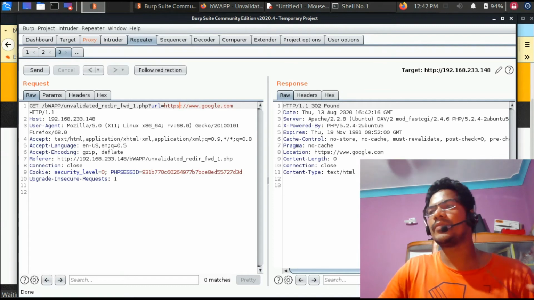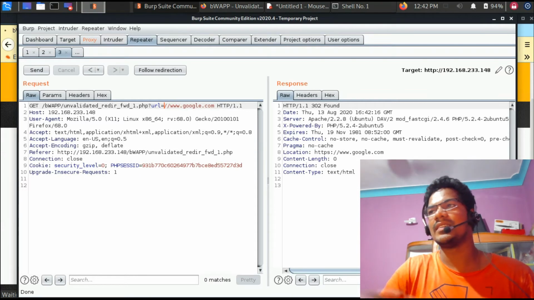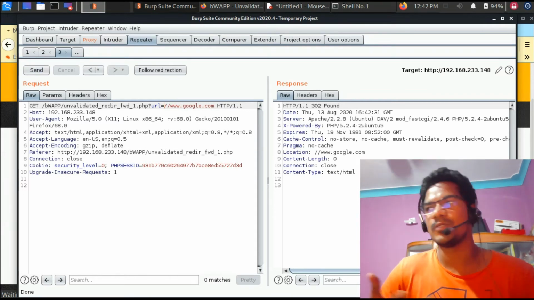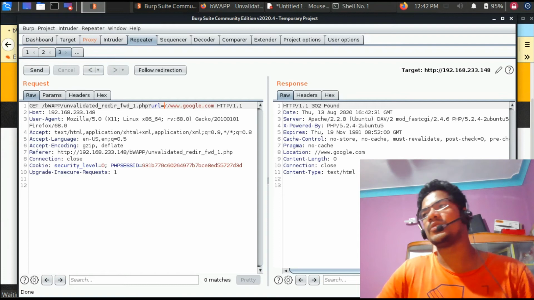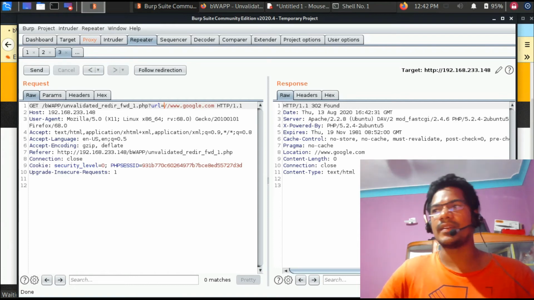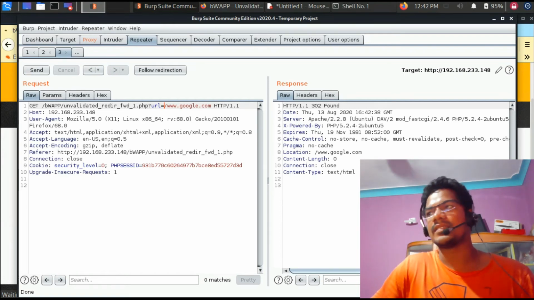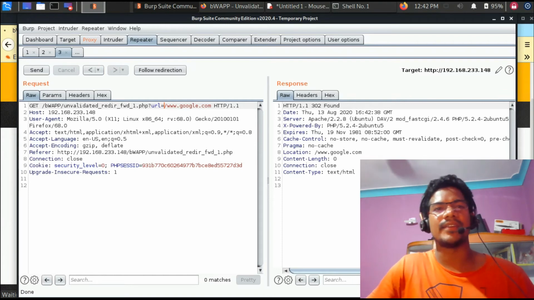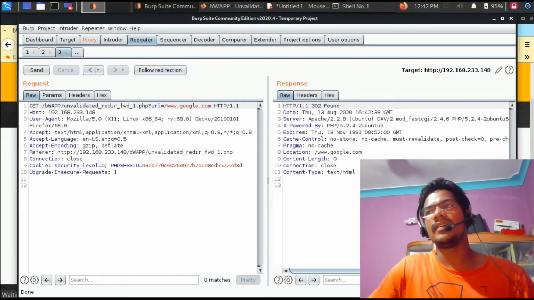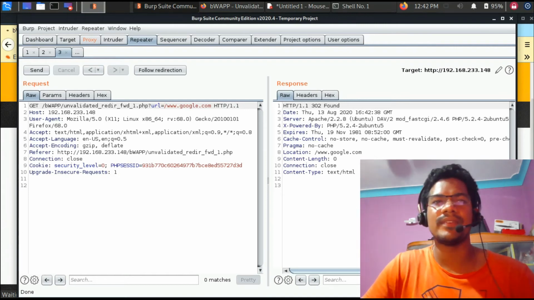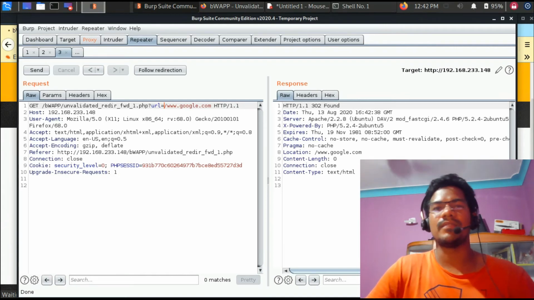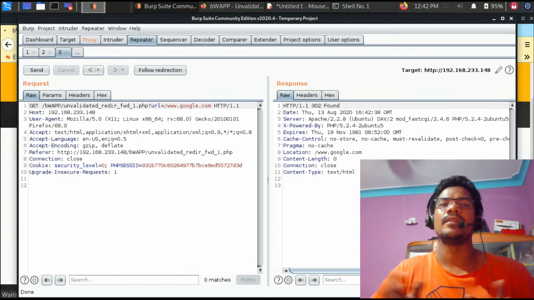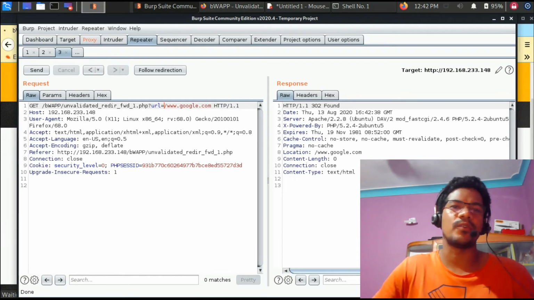Right, now there are a few more cases that you can also try. You can try this single, double slash. Sometimes this also works, which again will take you to google.com. In our case, you can also try a single slash. That will also work for redirecting you. Now, why does this happen? Because sometimes the developer fixes some of this stuff, like they only allow HTTP or they only allow HTTPS and all those things. So that way you will be bypassing all those protections.